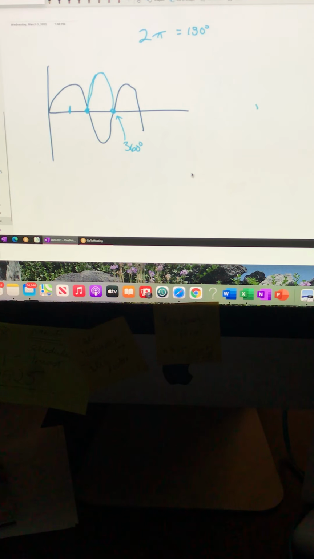Point is this. If we are 180 degrees apart, we will possibly completely destruct each other. Got it? We will possibly completely destruct each other if our amplitudes are equal and opposite. So if our amplitudes are equal and opposite, when you add these two waves, you get a flat line. Everybody feeling it? So long story short,